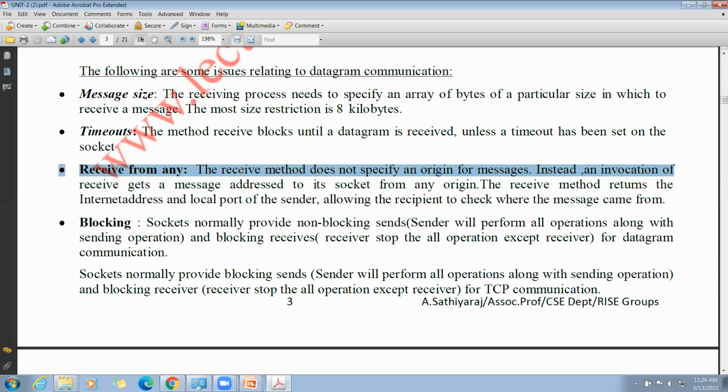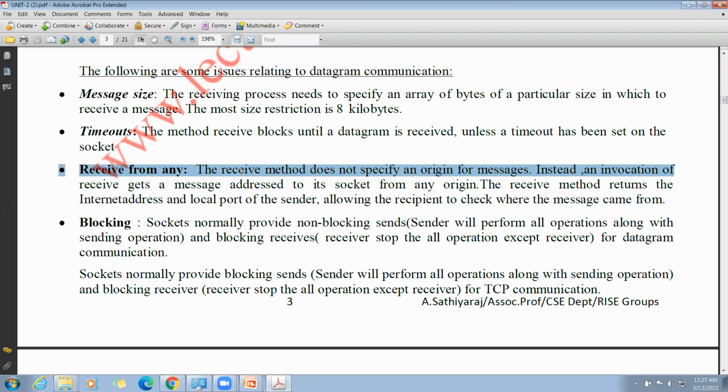Next one, blocking issue. As I told you, the sockets normally provide blocking and non-blocking sends. For TCP communication, it will be one type. For UDP communication, it will be another type.